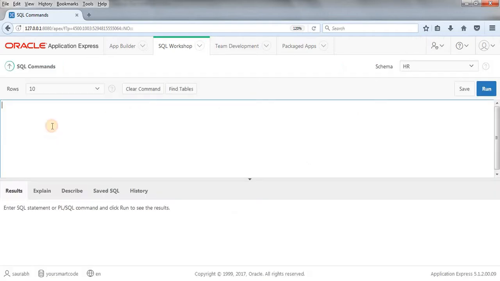So suppose what I'm going to do here, I'm just going to declare a variable first, v_var, which is of number type. I'm going to assign any value into it, like 10 or something, no problem. And then I'm going to write begin. Under this begin section, I'm going to say if v_var is equal to 2, then